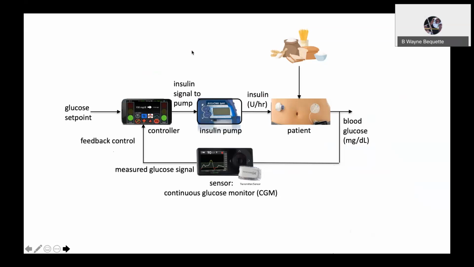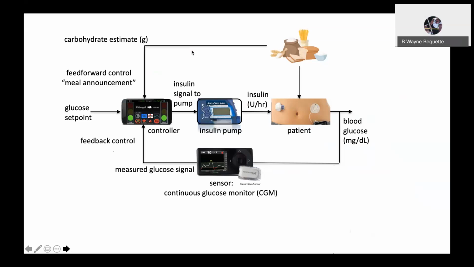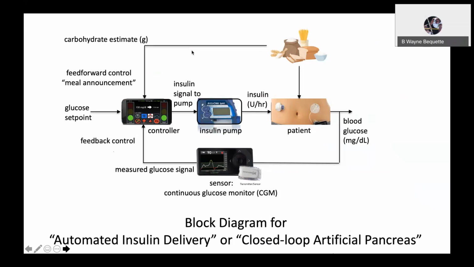It's taking the measured glucose, comparing it with the desired glucose set point, and the output is the insulin to the insulin pump. Now we can also add feed-forward control by having the individual estimate the carbohydrates in their meal, and that feed-forward information will cause an additional insulin delivery to compensate for the meal. So this is a fully closed-loop feedback feed-forward block diagram for automated insulin delivery, or you often see this called